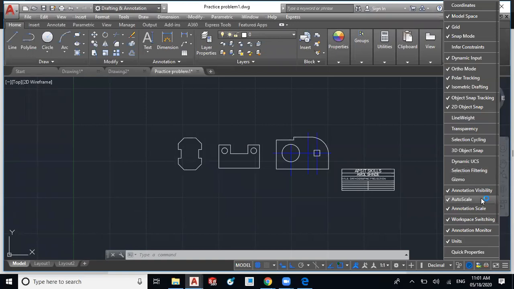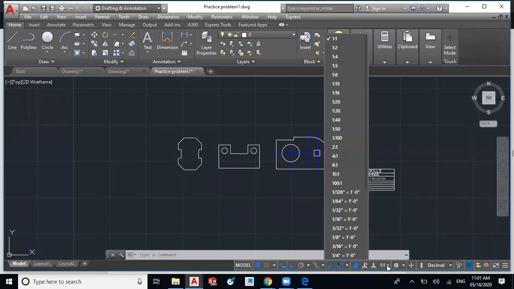One option is scaling. Auto scale is there, so you can select it. Then you will get the scaling factor here. Just click on this arrowhead. You will get multiple options of the scale. You can insert any scale from this list. These are the standard scaling factors, so you can use them.